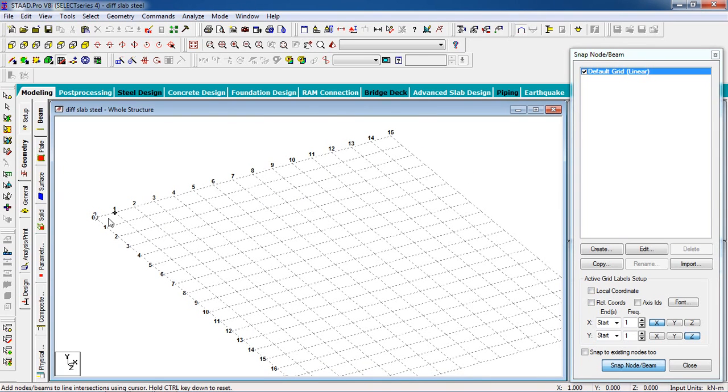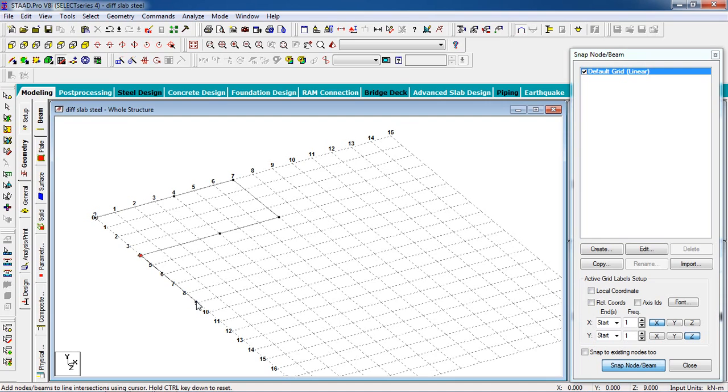I'm going to just create a building. Two, three, four. Give a space 4. One, 2, 3, 4, 5.